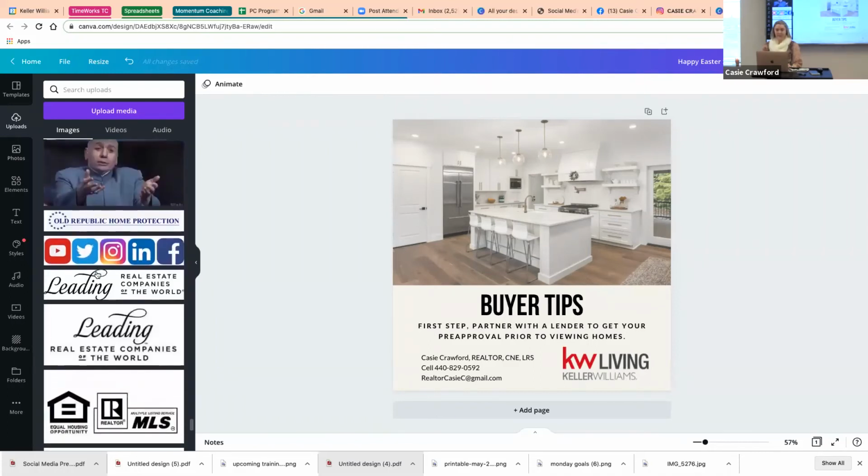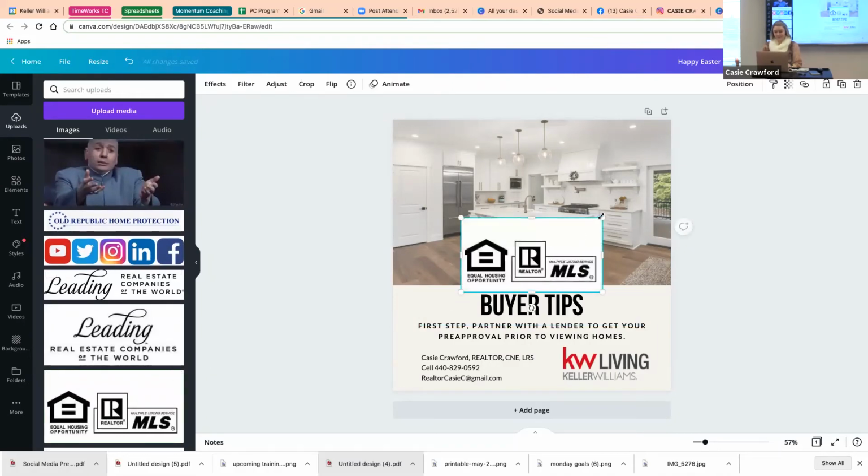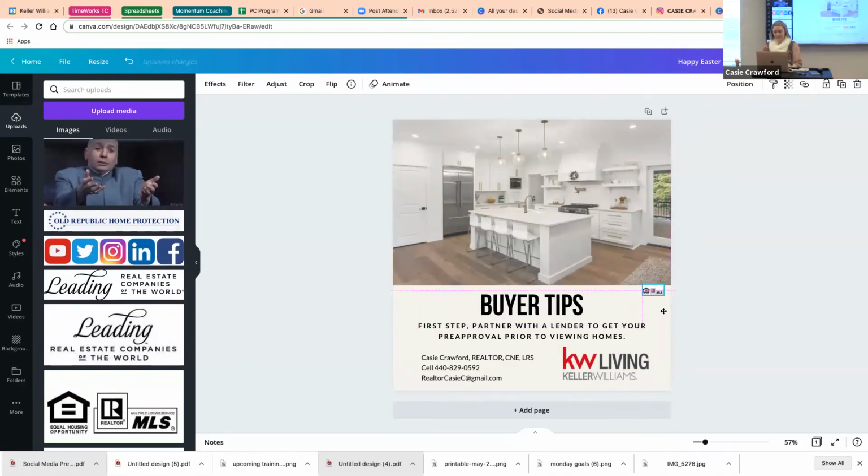I noticed that a lot of people don't have our logo on their clothes, and I was going to ask you, but then you said to put it on. But what I do is I put the realtor sign as part of the KW Living logo, like I merge them together,